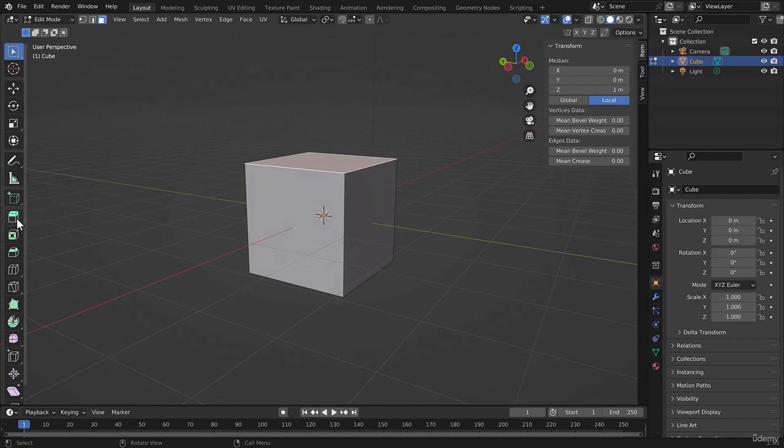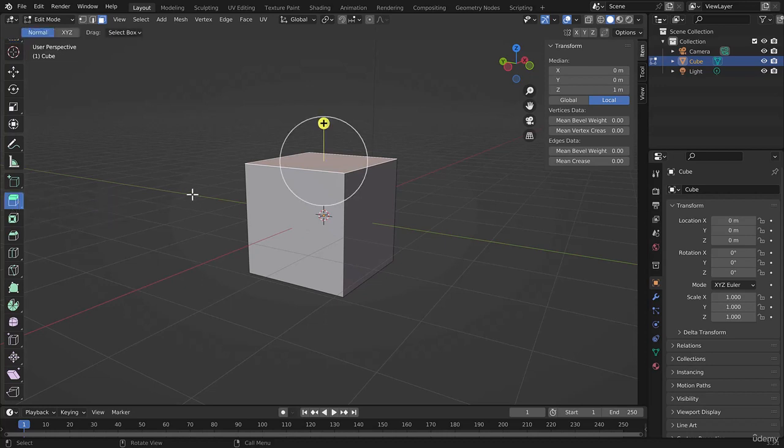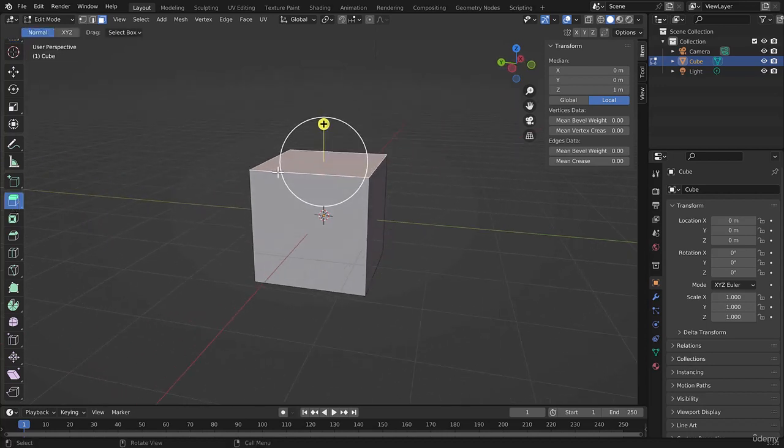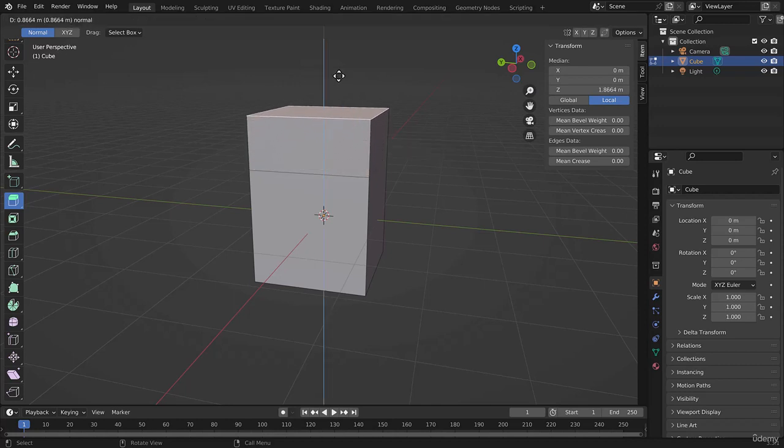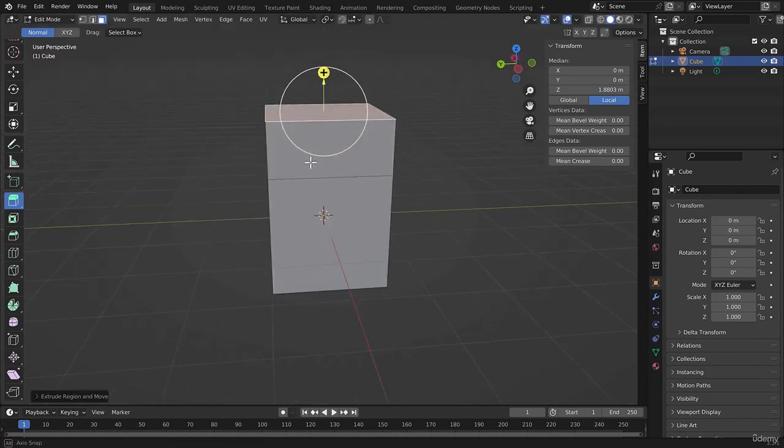This is located here in the tool shelf, which you'll notice has gotten a lot bigger, and we have a lot of additional tools that are exclusive to modelling in edit mode. This one right here is the Extrude region tool. Left click and we get a gizmo that has a white circle and also an extruded yellow circle with a plus sign within it. So if I click and drag on this plus sign, we can begin to extrude new